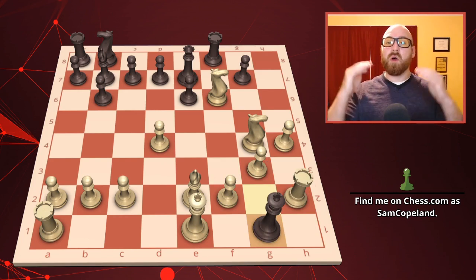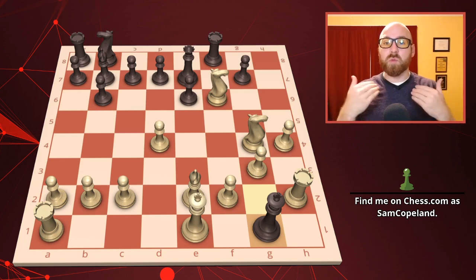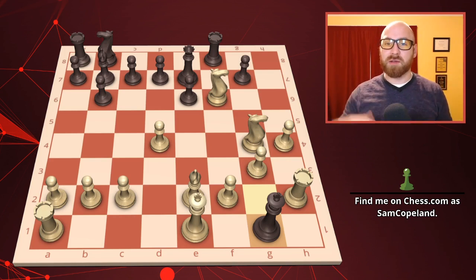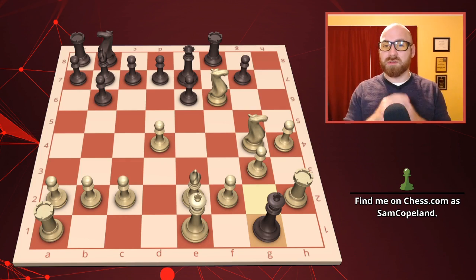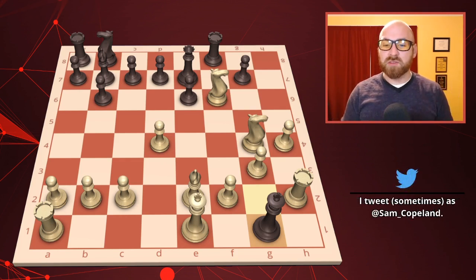The king has been driven all the way from his first rank to the opposite side of the board, to white's first rank. This is a very special thing. And I only know of a few king hunts that have managed to drive the king from one side of the board to the other. They are very special finishes. Almost every game I've seen where this happens is a beautiful, beautiful game. So after the king reaches g1, pause your video and find the winning move if you haven't already.